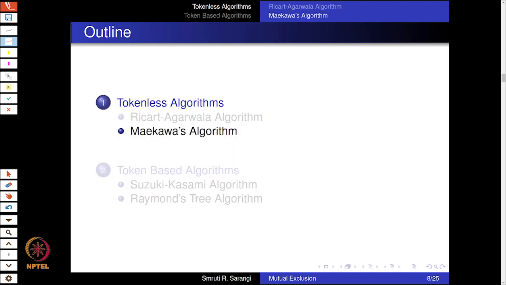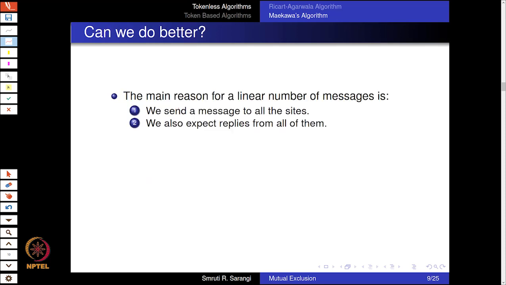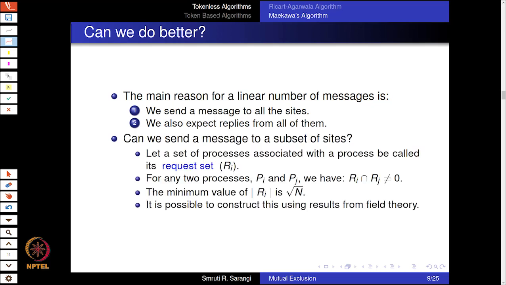Alright, now we will try to reduce this order n business to order square root of n. So we will discuss Maekawa's algorithm. The main reason for a linear number of messages is basically that we send a message to all the sites and we also expect replies from them. So the key insight is, let's not send a message to all sites, let's send a message to a subset